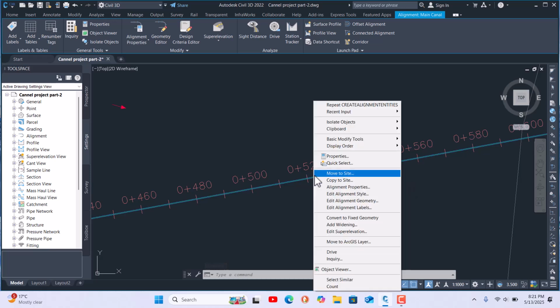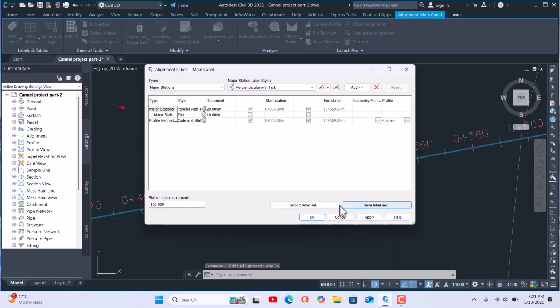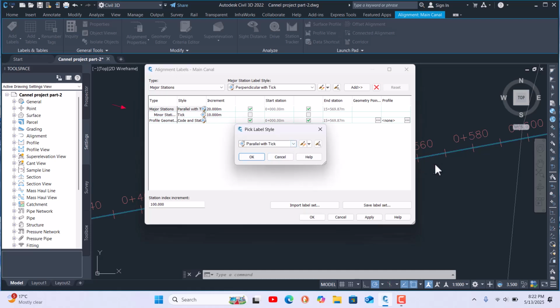Good. Click here, then come here and say edit the element alignment labels. Then it shows the major stations and minor stations. If you want to keep them, just select from here. If you want to change, click here and cross it, it will delete, then you can edit more. I click once here, and this is parallel.